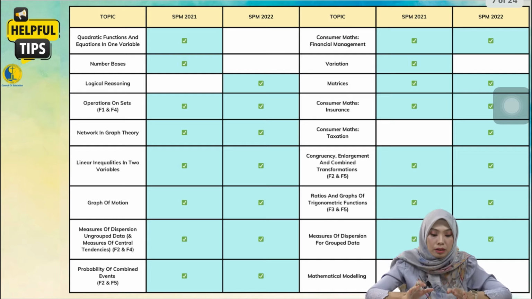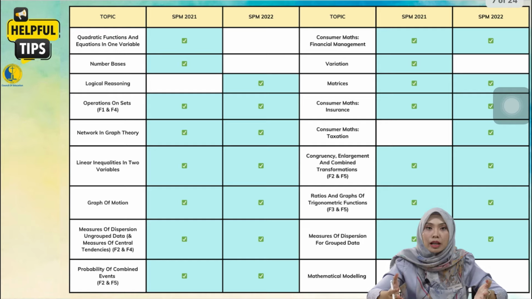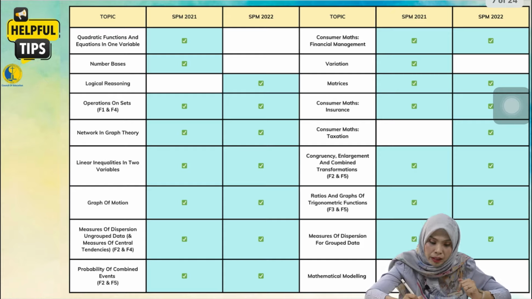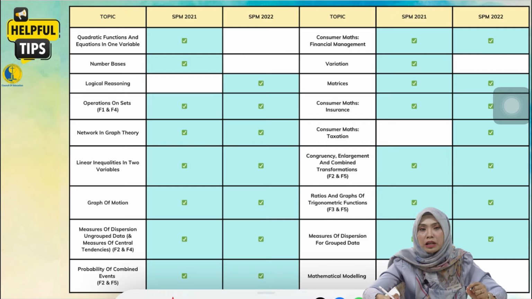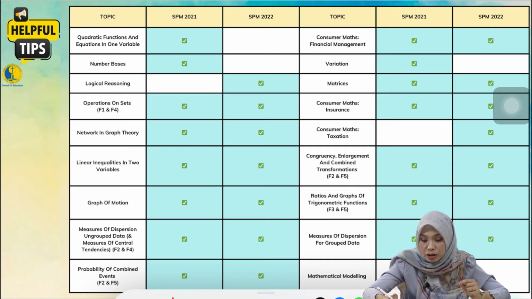That means there were lots of topics that came out in SPM. Yeah, because it's SPM, so most likely it will be Form 4 and Form 5 topics compared to the Form 1 to 3 topics, which have not come out. Okay. And who said that if it already came out in SPM 2021, it won't come out again in 2022